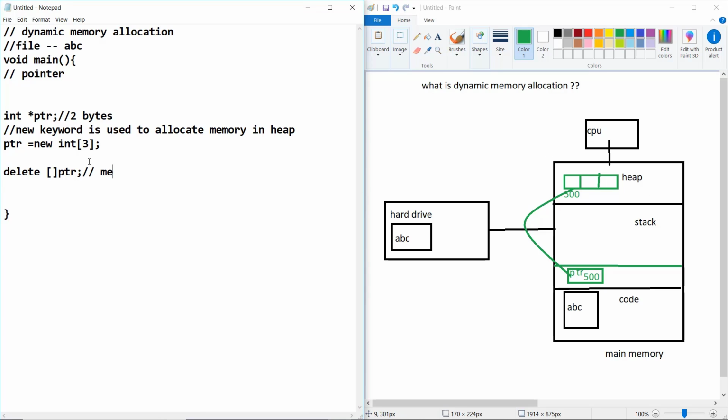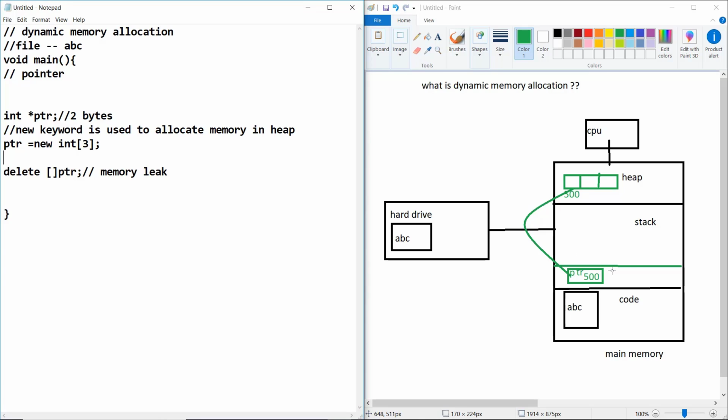What is a memory leak? If you do not delete this memory allocation, it will continuously stay allocated, so it will always be occupied. Whenever you assign memory in the heap, try to delete it.